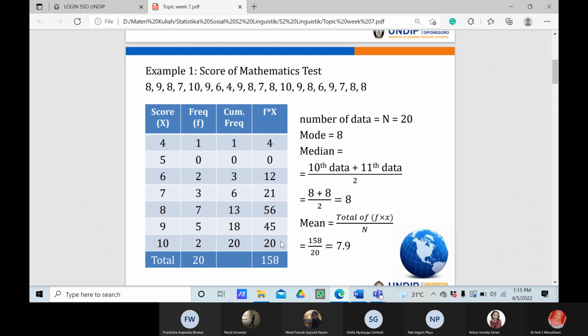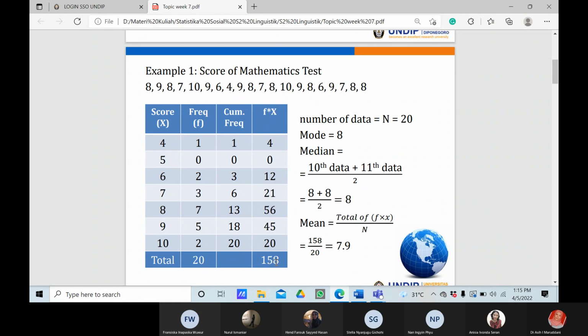Then for this cell, the last row will be 20 from 2 times 10. And after that, you have to sum all of this value here. Then you got